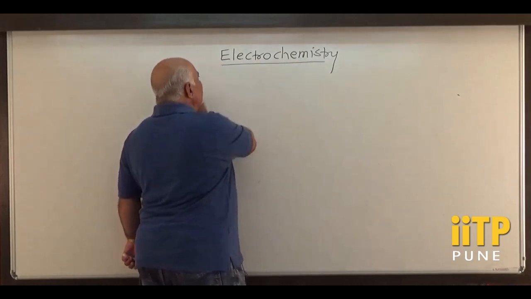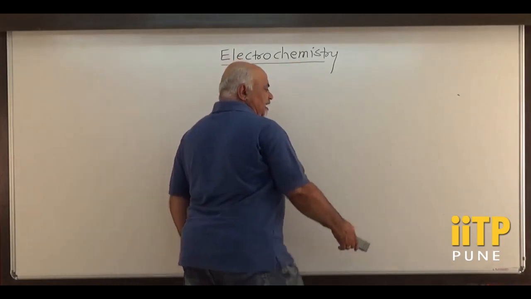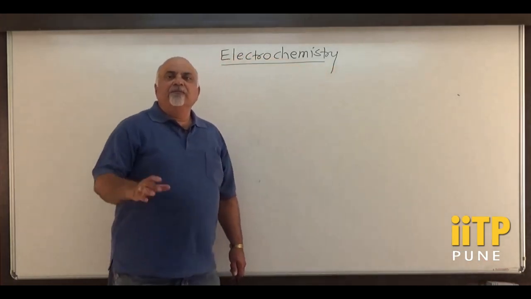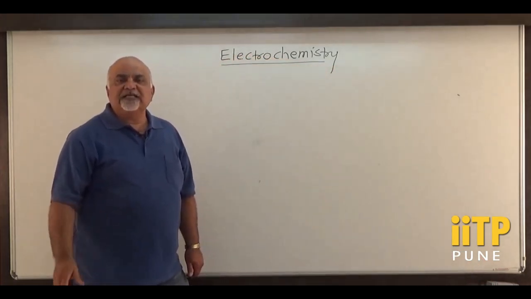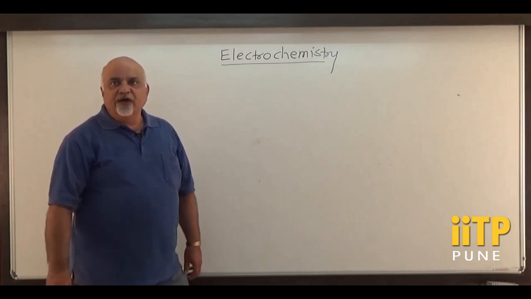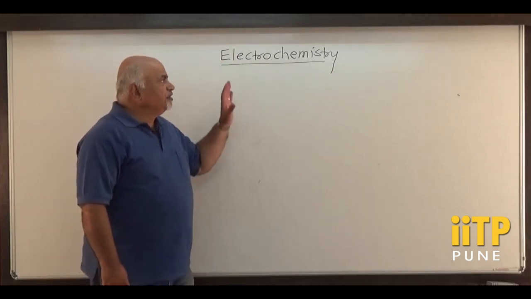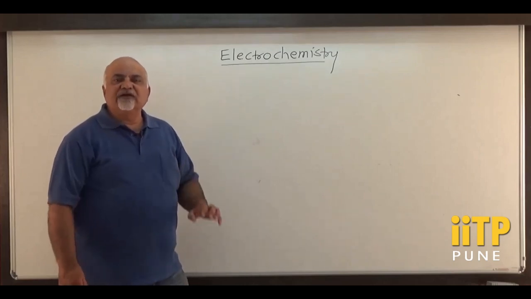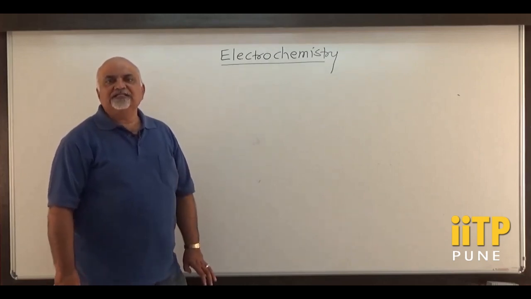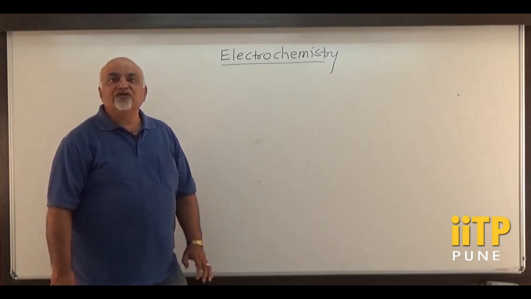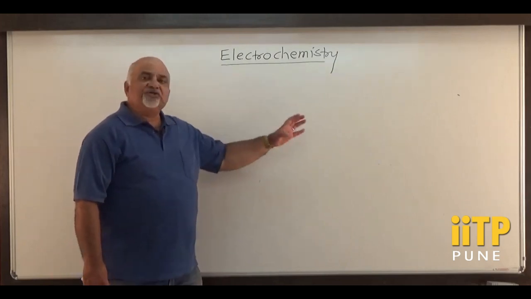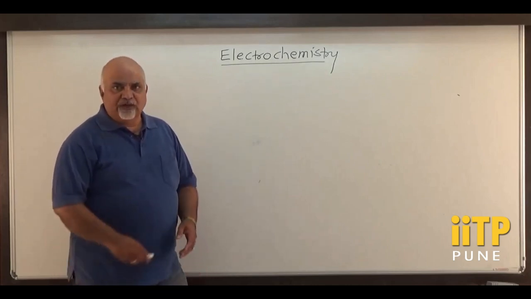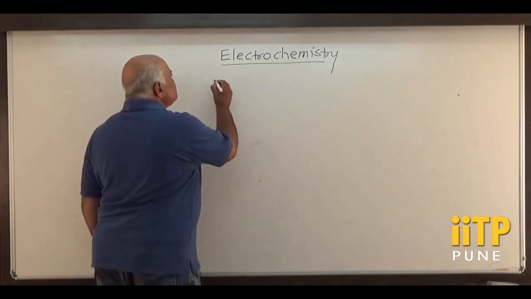Anode is the one where there is oxidation, and cathode is the one where reduction is happening. Both things are happening simultaneously. That's why the reaction has the name redox reaction. So this is the background. Somewhere the electronic concept is there, and as I already said, 1 mole of electrons is 96500 coulombic charge. Here chemistry and physics come together, making the subject electrochemistry. So let us have the first part of the topic,